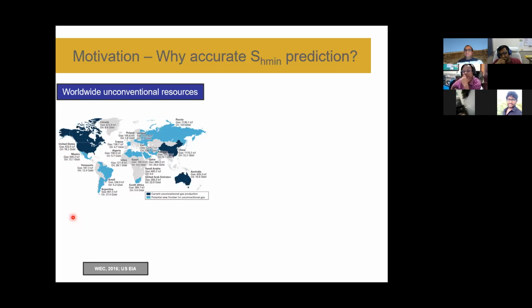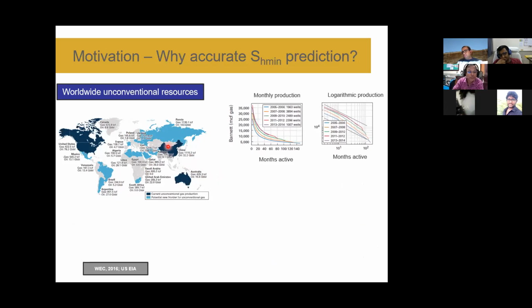So over the years, that scenario has changed because of this revolution in multi-stage hydraulic fracturing, deformation-based studies, and a lot of laboratory experimentation in rock mechanics and overall related fields. Australia also has some good prospects, and there is some future prospect as well in terms of gas. But the most important challenge that remains is the production profile.